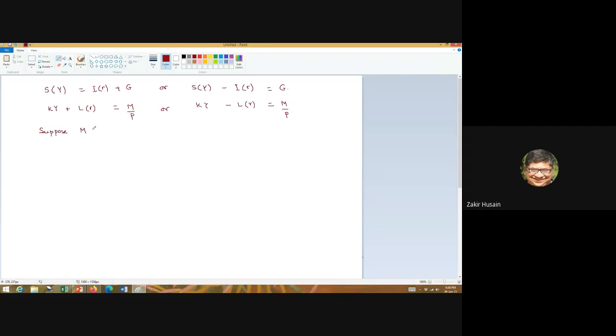Now suppose M changes. Okay, this will be S prime dy/dm minus I prime dr/dm. And what will dg/dm be? 0, G is constant. Okay, this will be k